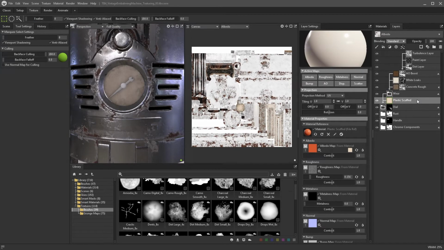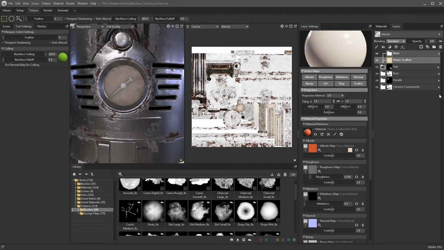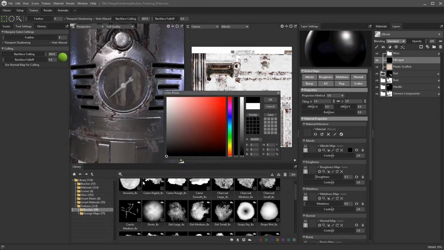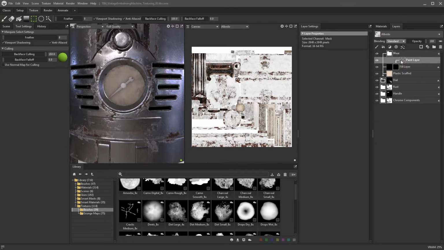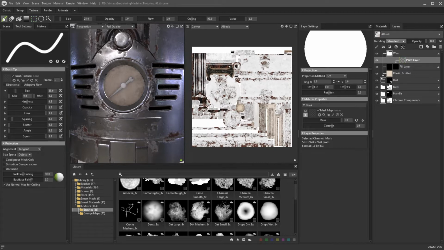I'm going to use the dial face here to quickly teach you how to load your own alphas into the brush, as this is an important concept for adding things like narrative detailing or branding to your models. I've already applied a basic plastic material to the face. For the barometer detailing, I'm going to add a basic fill layer set to the colour that I want the measurements to be. With a black mask and paint layer applied and the brush tools selected,